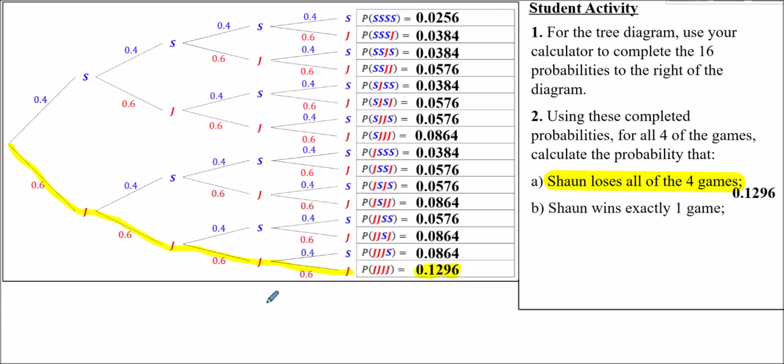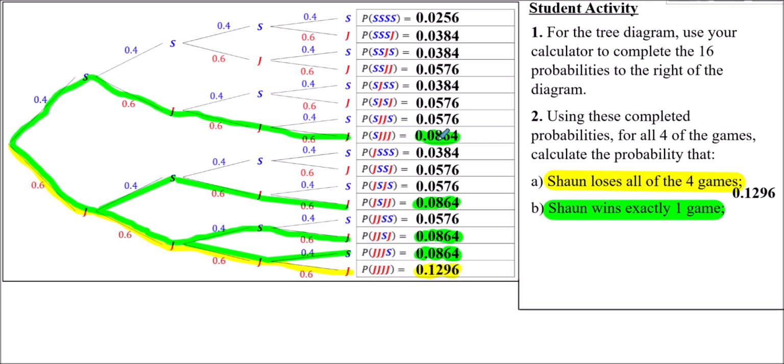Part B. The chance that Sean wins exactly 1 game, how many routes are there for this? Well, here we're after this one here. This one is where he wins just once. This route here, and also this one. So I'm going to highlight this in a different colour, which is green, and you should see there's 4 different paths. And each path has this same probability associated with it. So the total probability of Sean winning exactly 1 game is 0.0864 multiplied by 1, 2, 3, 4, which gives us